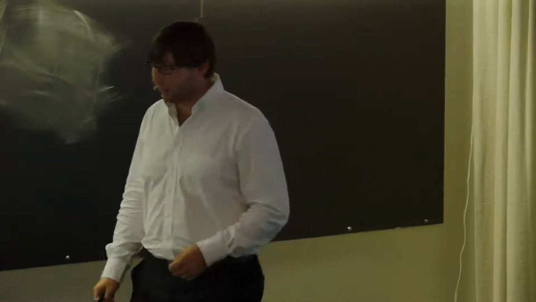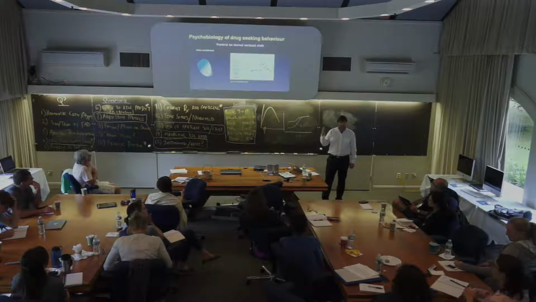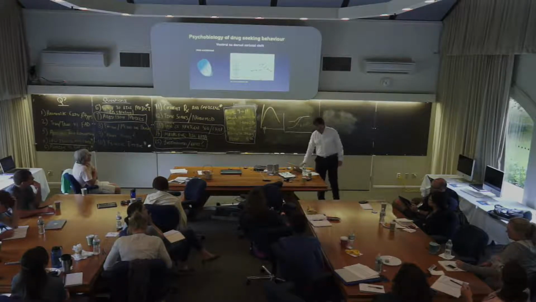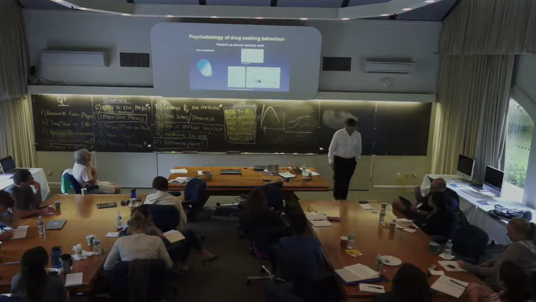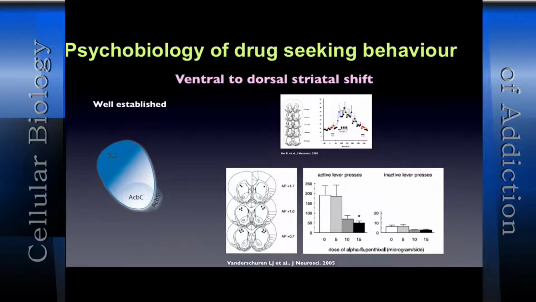Yeah? So this was the first correlate of recruitment of dorsal striatal territories in drug-seeking behaviors. After that, Luc van der Schoen in Barry Everitt's lab demonstrated causally that if you blocked dopamine transmission into the dorsolateral striatum by infusing bilaterally alpha-flupenthixol, a mixed D1, D2 antagonist, into the dorsal striatum, you would dose-dependently decrease the behavior only provided it is well established, always after at least 2 weeks of training.